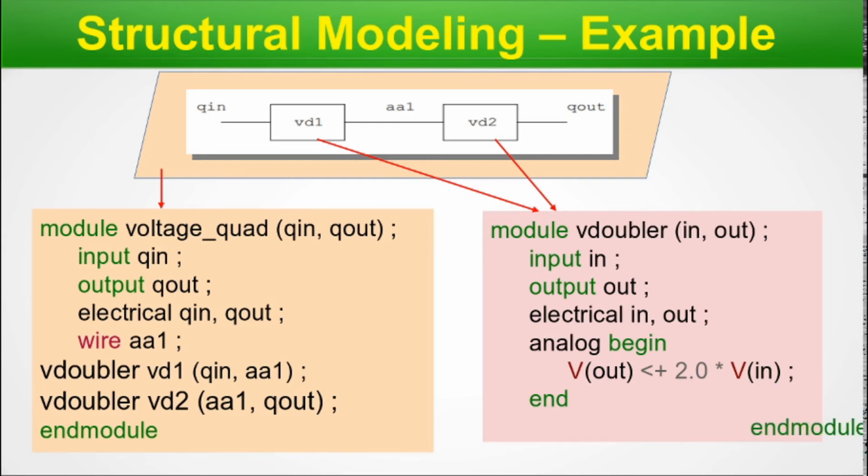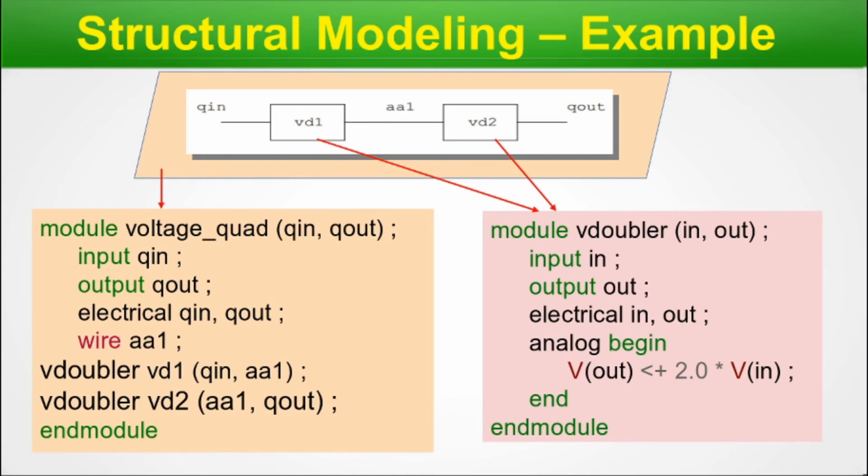So we close the end module. This entire example gives you a very simple structural modeling using Verilog-A. Whenever we are doing any modeling in a structural way in analog circuits, we definitely will have different blocks. Each of those blocks we can define in Verilog-A, and then we use interconnection of wires to connect them. This way we can use structural modeling to create a bigger circuit.